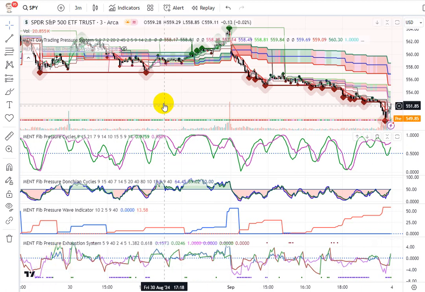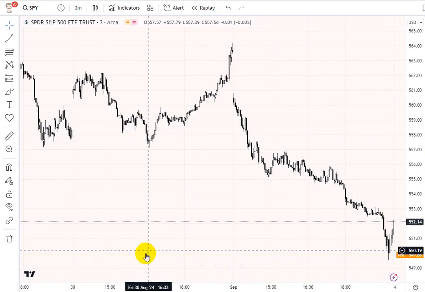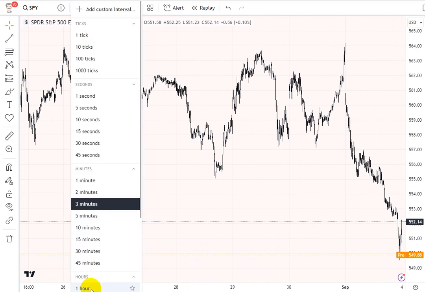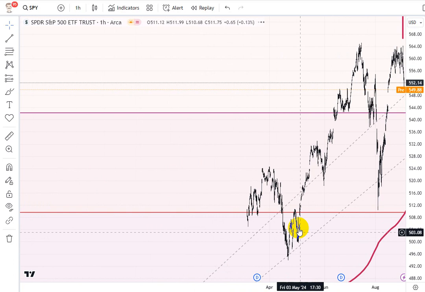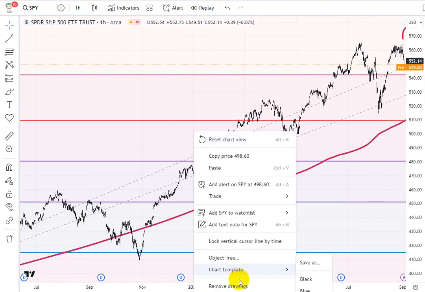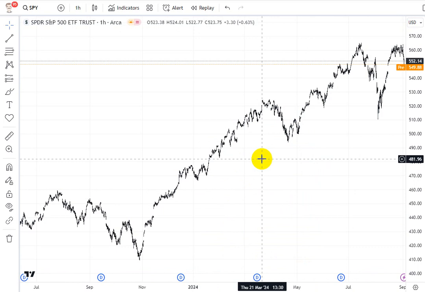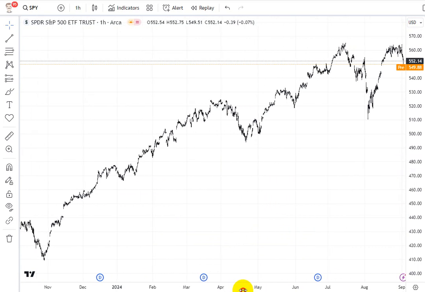Now, what I'm going to do is break this down a little differently. We're going to remove all indicators. We're going to make sure I don't have anything on here that can conflict with anything. Looks like we do have, so we will remove all drawings. And here we are back to a blank chart. We're going to stick with this hourly chart right here, and first thing we're going to talk about is the